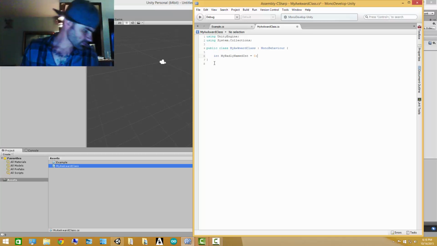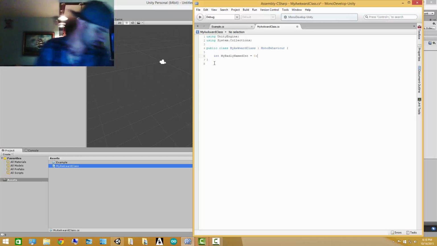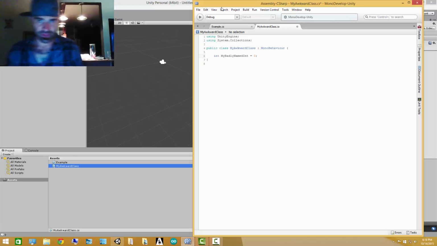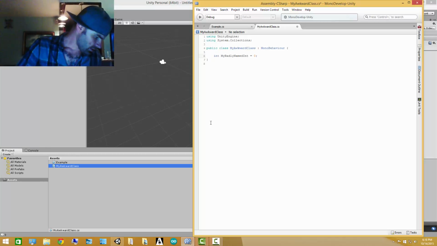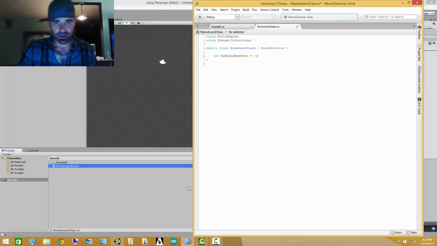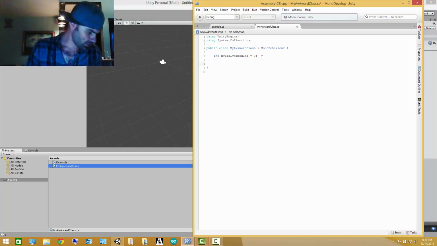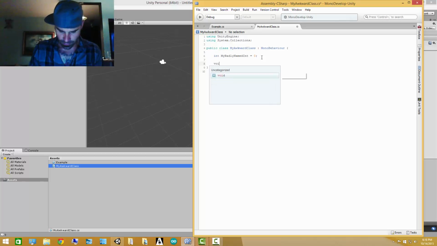Then we have a function that also happens to have a variable named my badly named integer inside of it. So we'll go void poor named function